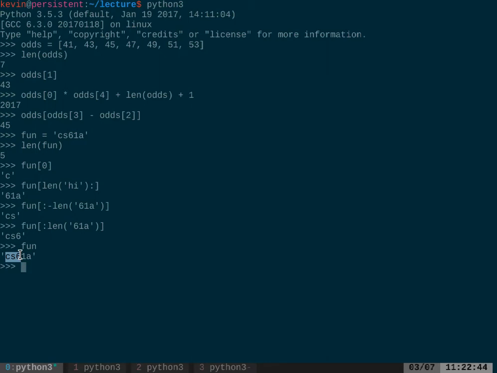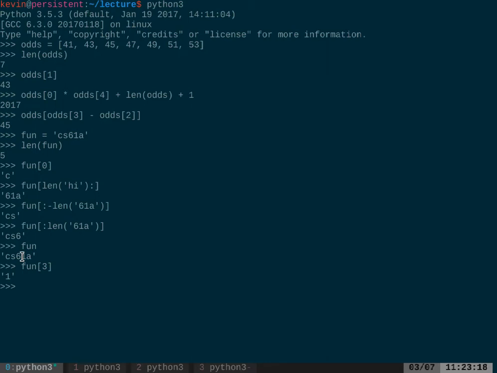So it is exclusive because what's fun of 3? Because the 0th element is C, first is S, second is 6, and fun of 3 is 1. So it is exclusive, yes. Yeah, so the way you can think about it is like my slice is kind of like there, and the element is immediately after it. You can think about it that way. All right, cool.